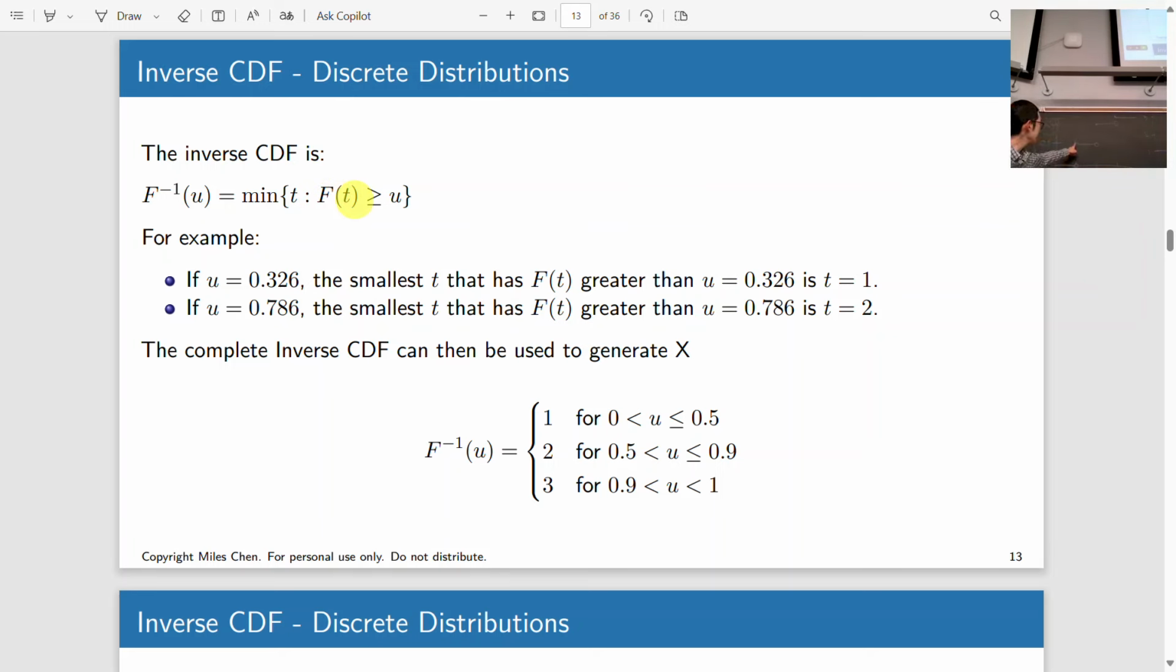So the smallest value of t, which would be 1, such that when you plug in capital F of 1, which would be 0.5, 0.5 is greater than, say, 0.326 or something like that. Okay, it just feels a little bit strange because when I was taught how to invert a function,